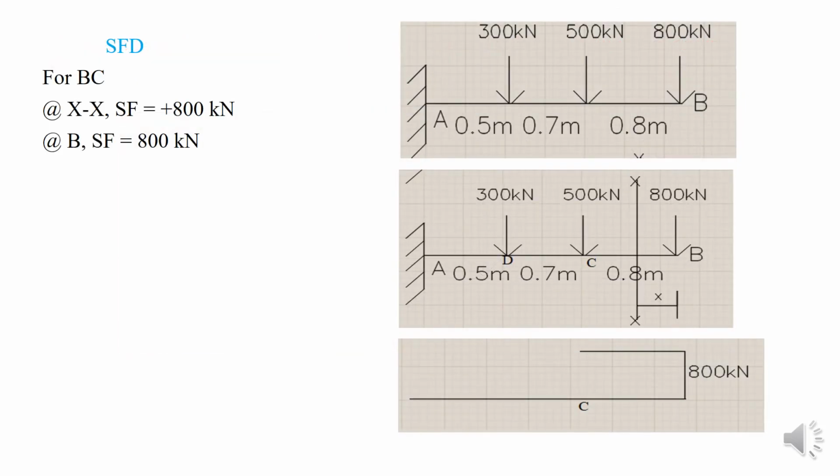So this is the shear force diagram. Starting from the right end, consider a section line XX which is at a distance H from the point B, and look into the right hand side. Here you can see an 800 kilonewton load acting downwards, which is positive. So from the point B, you can draw a vertical ordinate which is marked as 800 kilonewton, and bring the section line up to C. That means from B to C there are no loads acting in between, so the variation of shear force from B to C will be a horizontal line.